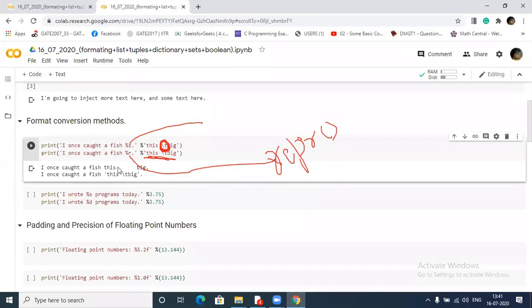So it gave one tab space between this and what I have written. Got my point? But if I want to use this slash t as part of our string, then I have to use this percentage r, as a string formatter.